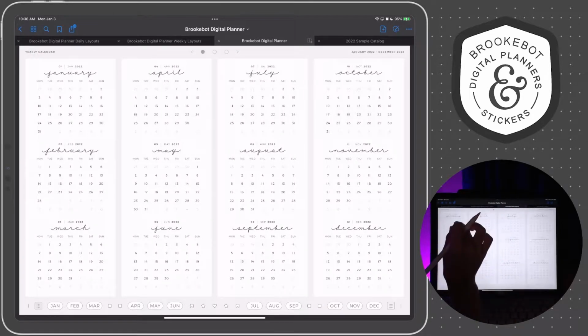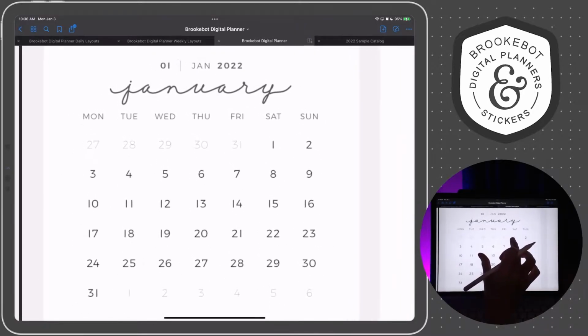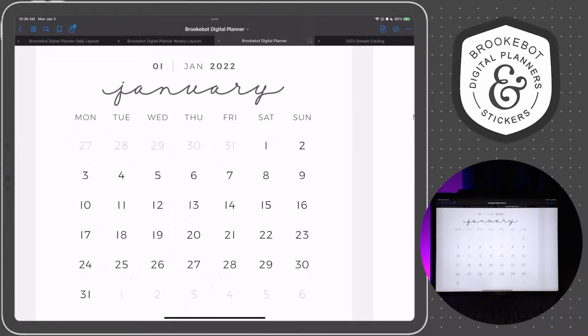On the yearly page, there is a miniature calendar for each individual month, and it has the number of the month, the abbreviation of the month, and the year, and then it has the month in script.